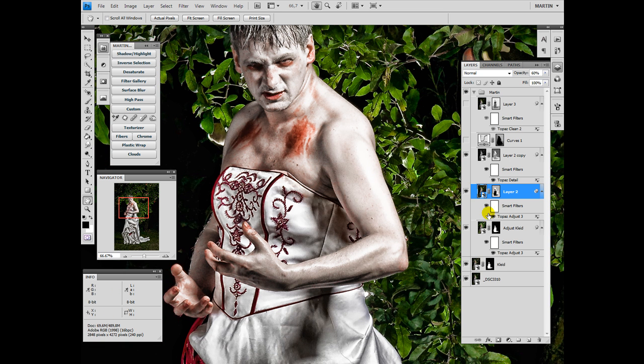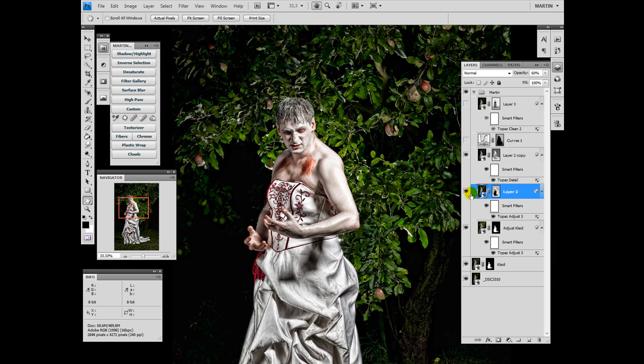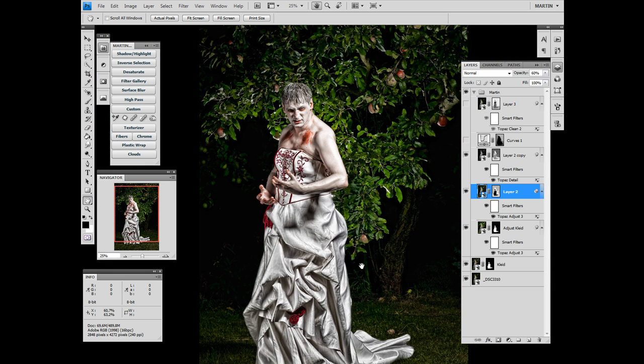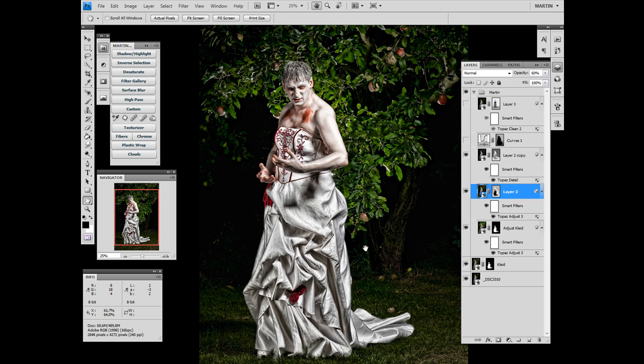I use the sharpen method on this step because in the last step of my working I will come to a painting look, and